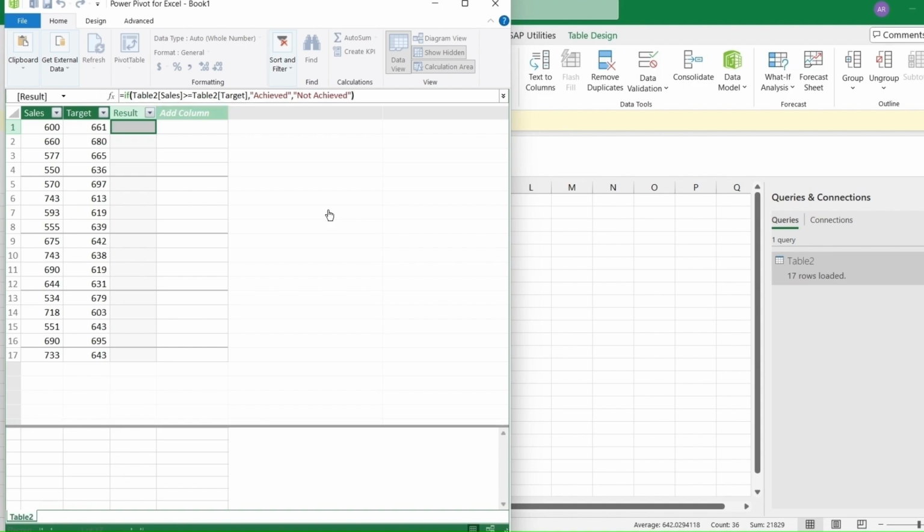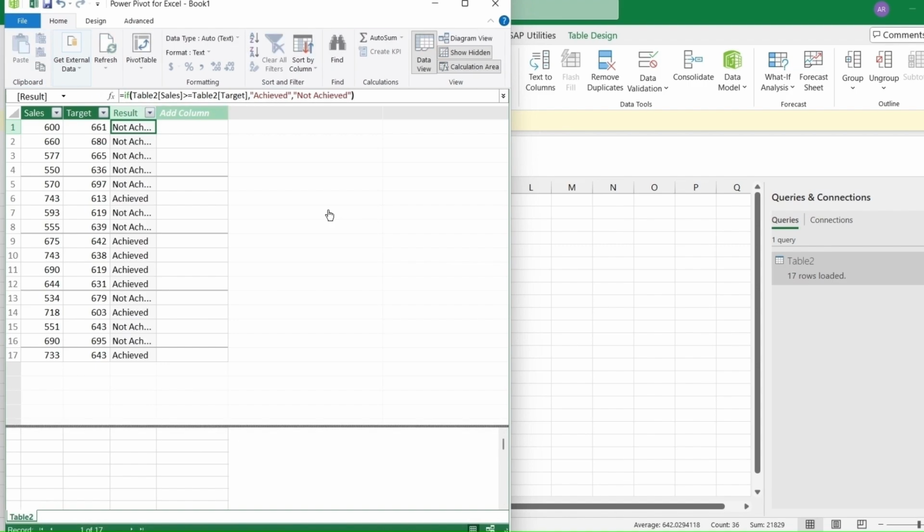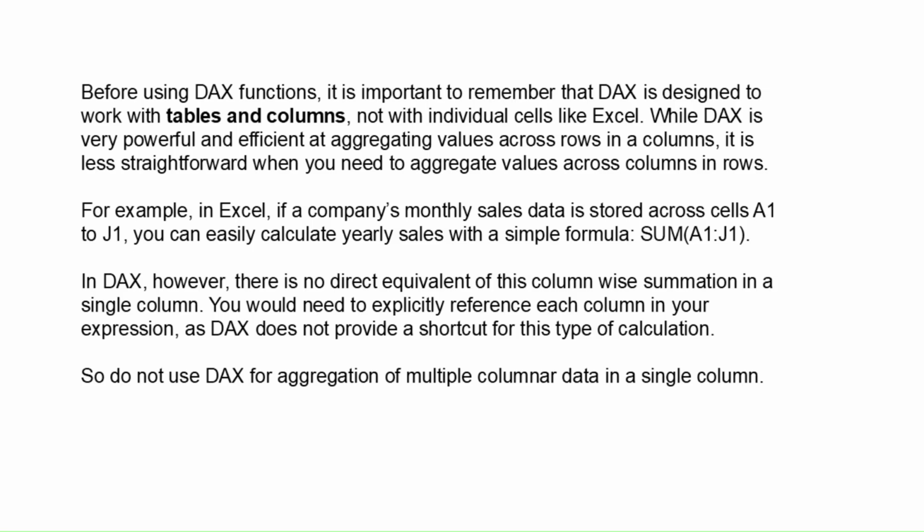The DAX formula will be copied into the entire row. The results will be the same as obtained in Excel. Before using DAX functions, it is important to remember that DAX is designed to work with tables and columns, not